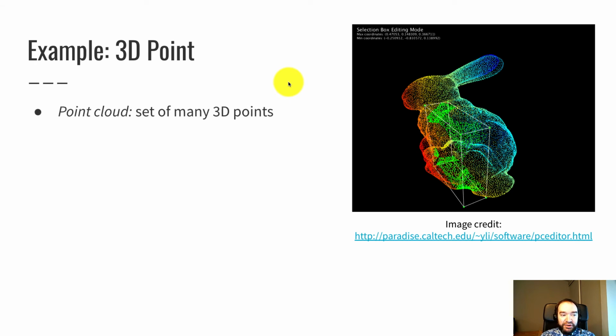I want to write code that can store a point cloud, that's a set of many of these three-dimensional points, thousands or millions of them, and each individual point needs a data structure. We're going to call this a Point3D for a three-dimensional point. I would probably rather call it 3DPoint, but you can't start an identifier with a number in most programming languages, so it's Point3D to get around that rule.